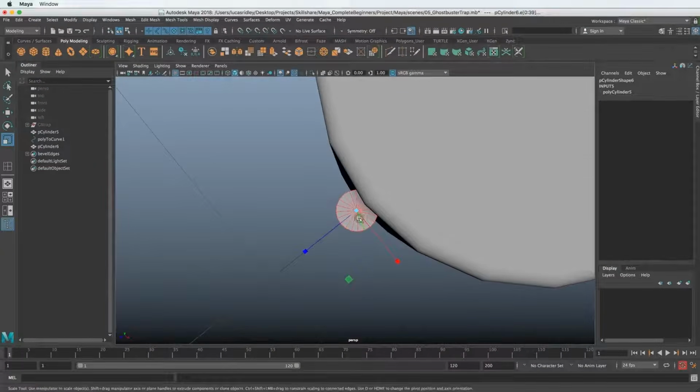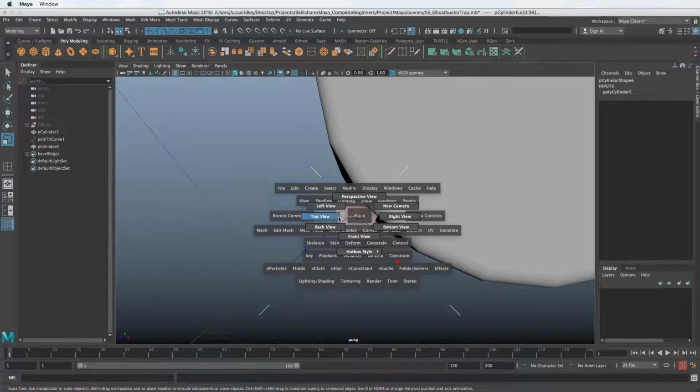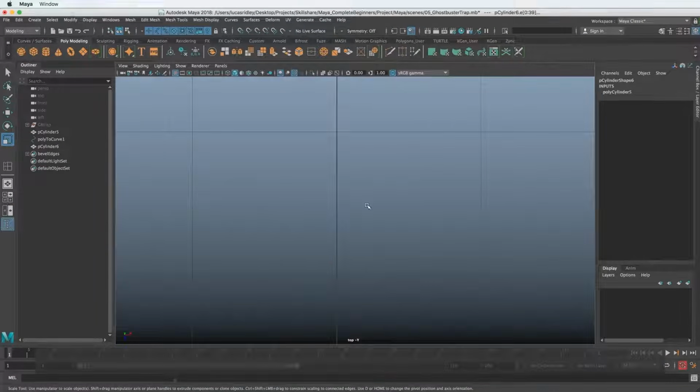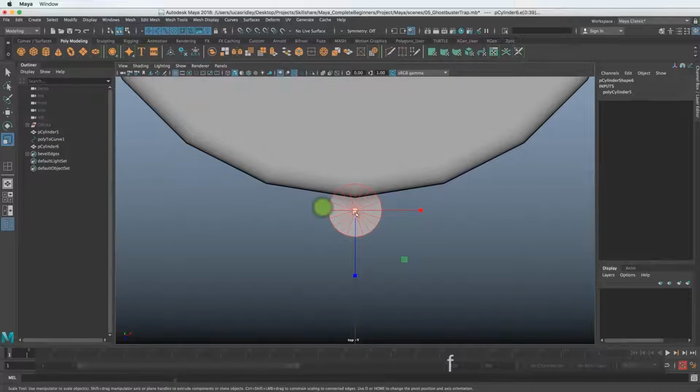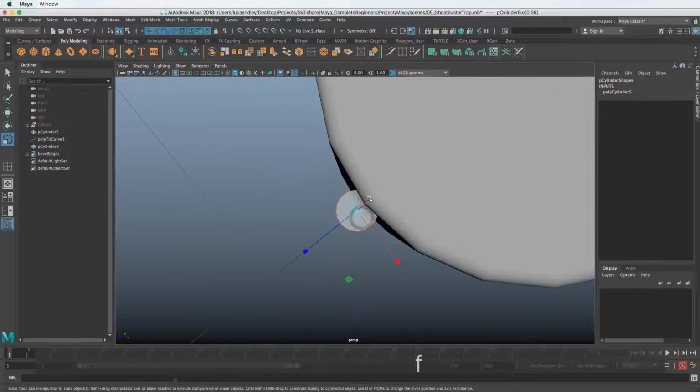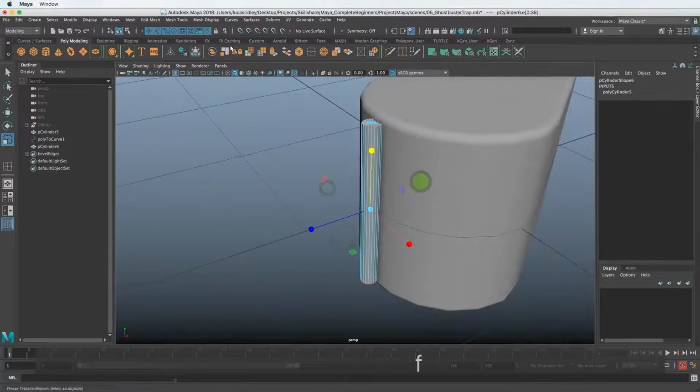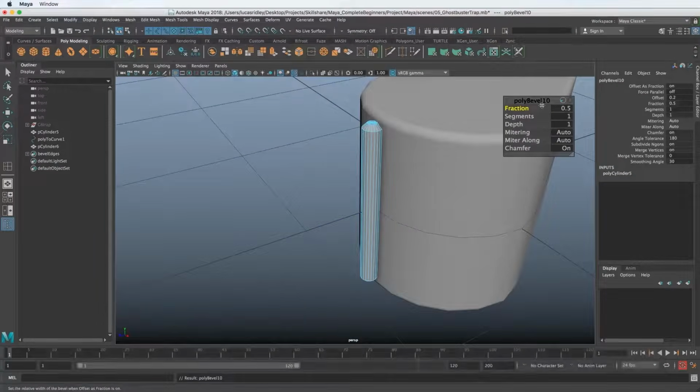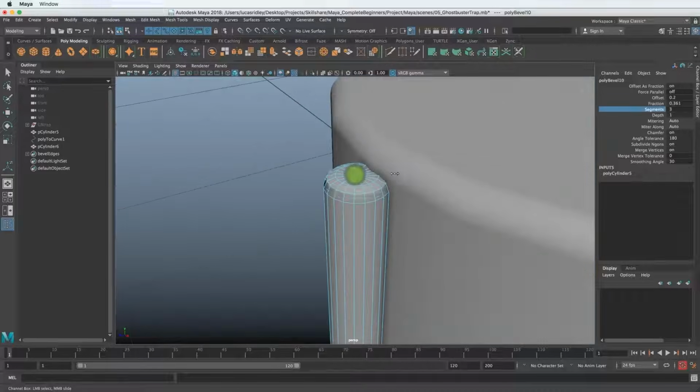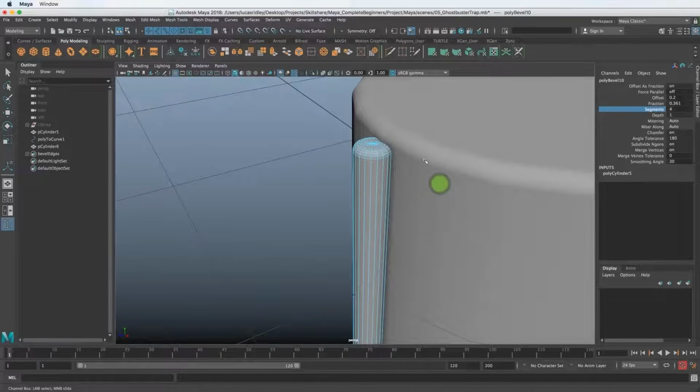And I'll go from a top-down view, hitting spacebar, clicking and dragging over to top view, hit F to frame up, and Control click the center piece here. So it'll deselect everything. Go back to perspective mode by hitting spacebar, and let's go to the bevel tool, and let's increase that fraction and bump up the segments. We happen to have it on the slow mode here, so I change that, and now I can middle mouse drag in the viewport with that selected, and it will go a lot quicker. So let's get into something like that.